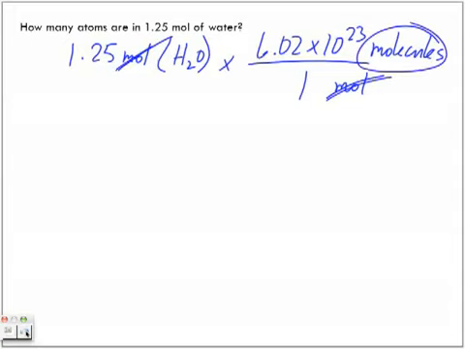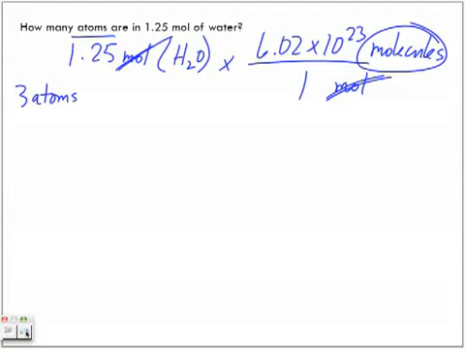But we're trying to find out atoms. Right? We're trying to find out atoms. How many atoms are there in 1 molecule of water? Which are they? Hydrogen. How many? 2 hydrogen, 1 oxygen. Okay, so there's a total of 3 atoms in total. So what we're going to do is, let's find this result first. Then multiply by 3. Okay, we'll watch what happens. So we're going to multiply those 2, and we're going to get the number of molecules, not the number of